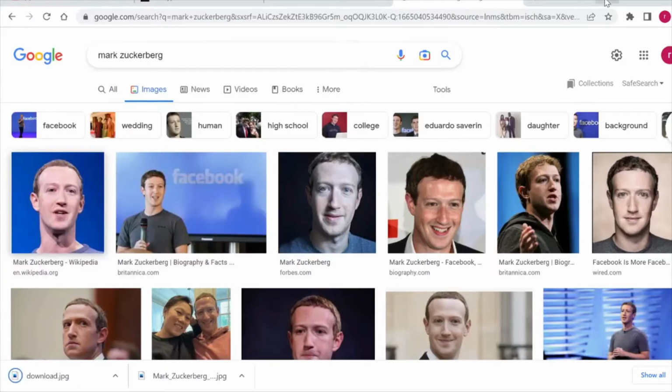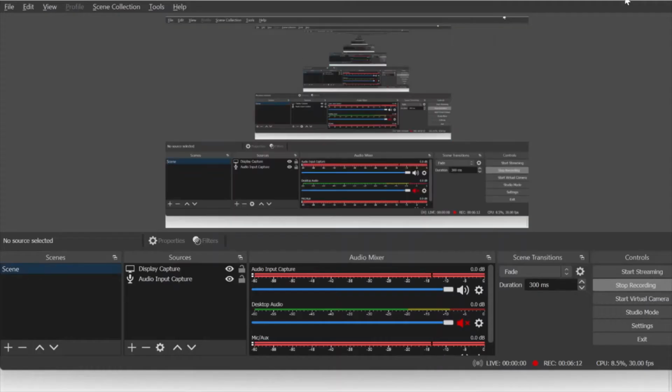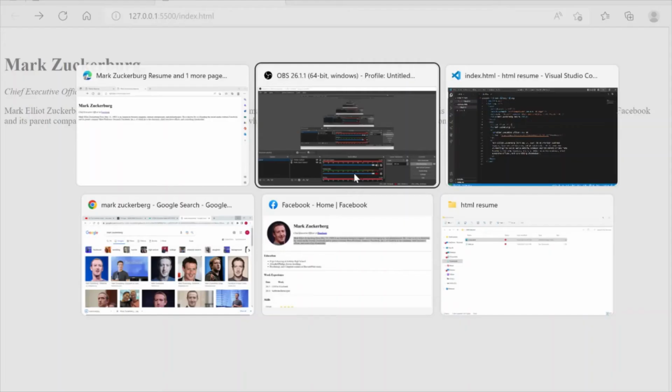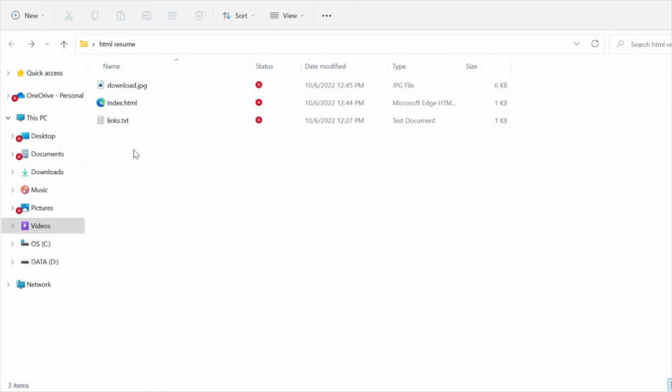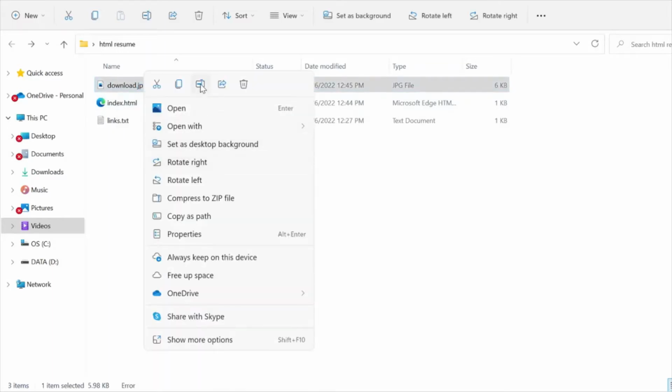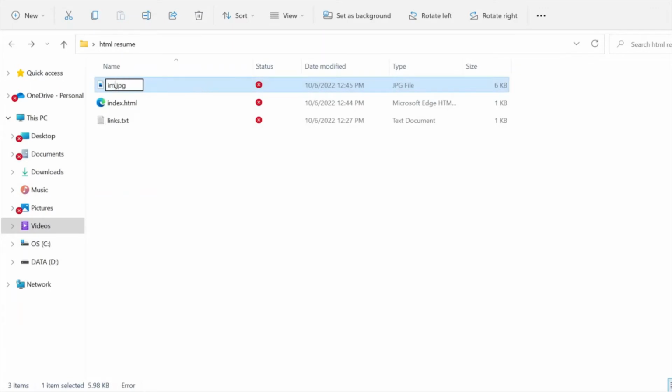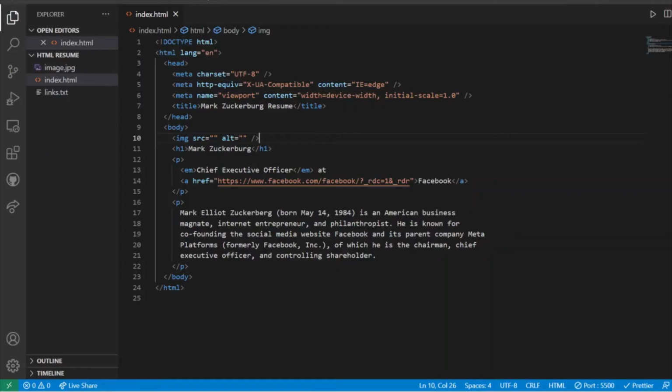Once your image is saved, you are going to bring that image to your folder, which is HTML resume, right? So now I am going to bring that image here. Now I have brought my image here in the HTML resume folder. Now I am going to rename it so that it will be easier to understand. I am going to rename it as image. Now I am going to hit save, so that this file is image.png. Now let's go back to our coding section, and you can see that the image is now displayed here under our folder.